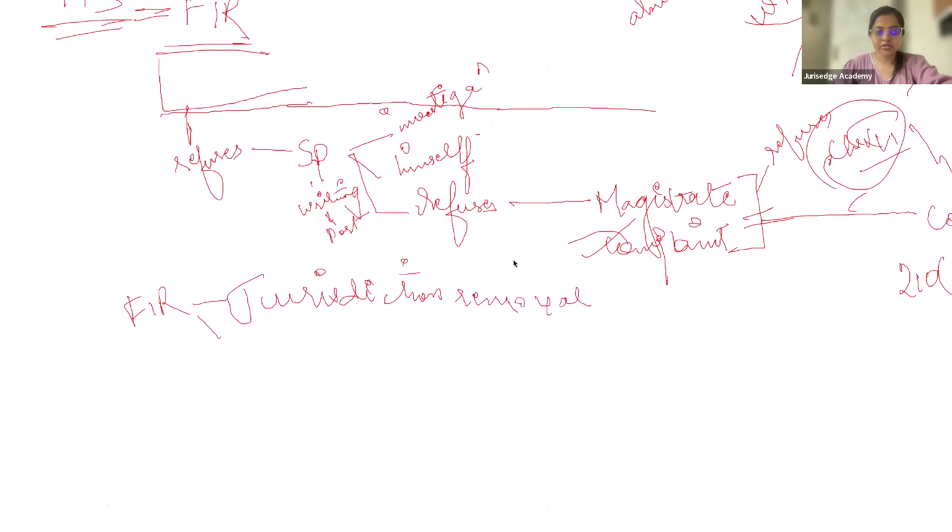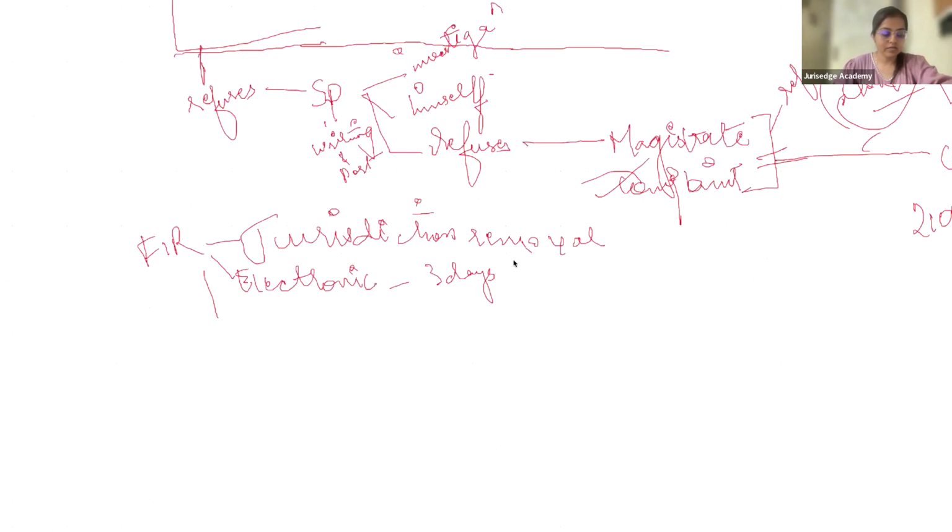Electronic communication, which is new. Signing of electronic communication within 3 days, and then clause 3, which is very new for offenses between 3 to 7 years,